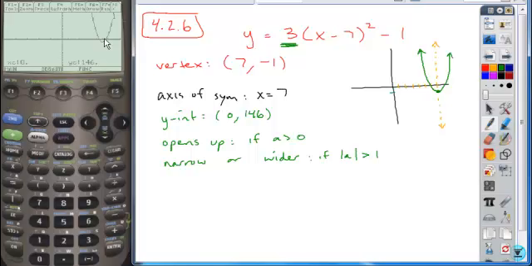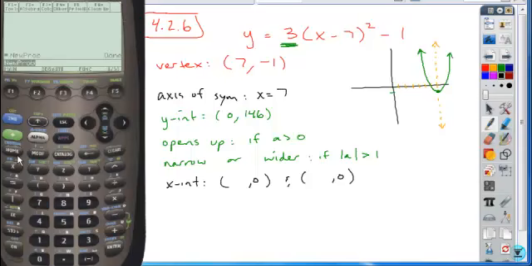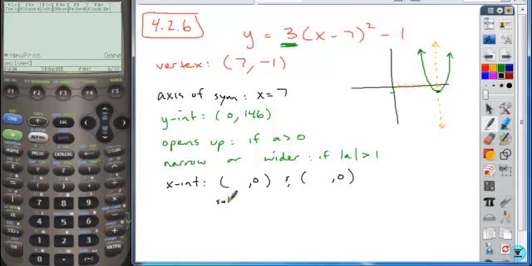Right? The other potential things that you might be asked, I don't think I asked you in this particular problem, but it might come up later, and that is x-intercepts. And you can see that you have 2 x-intercepts, and remember your x-intercepts have a y value of 0. And it's really easy, again, to find these. What I would suggest you do to find your x-intercepts is, once you have your equation typed into your y editor, I would go back to the home screen. I'd use the solve feature, so F2 solve,